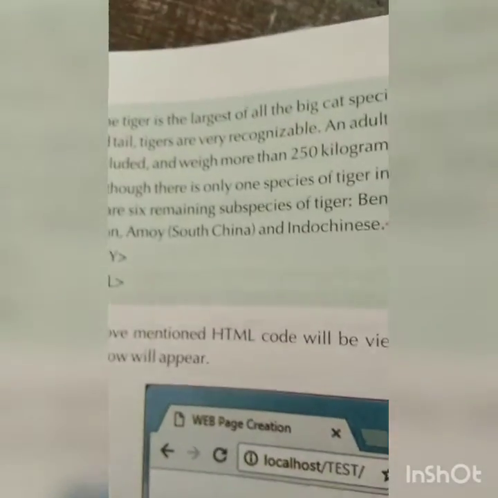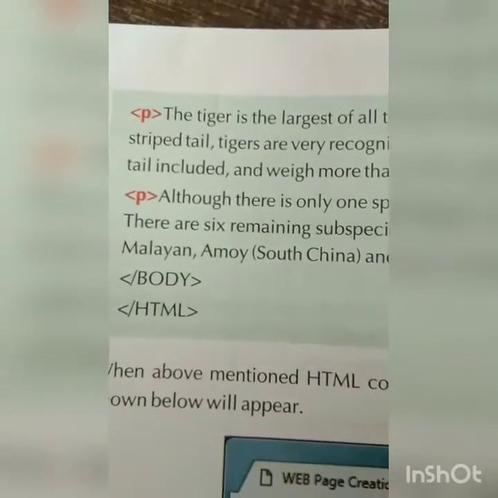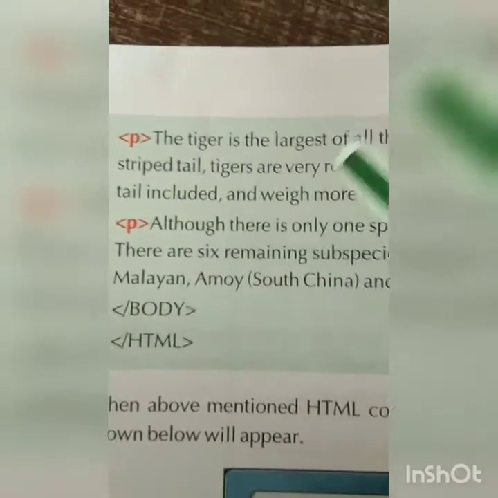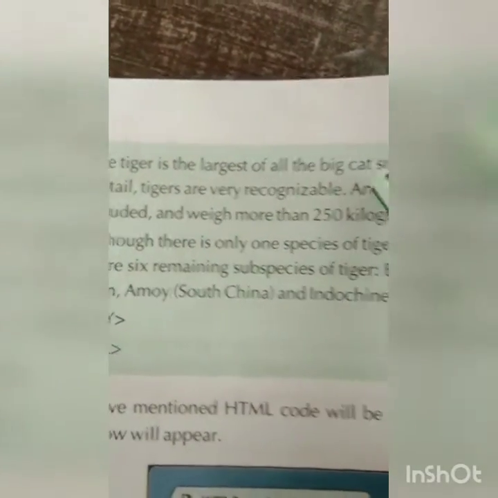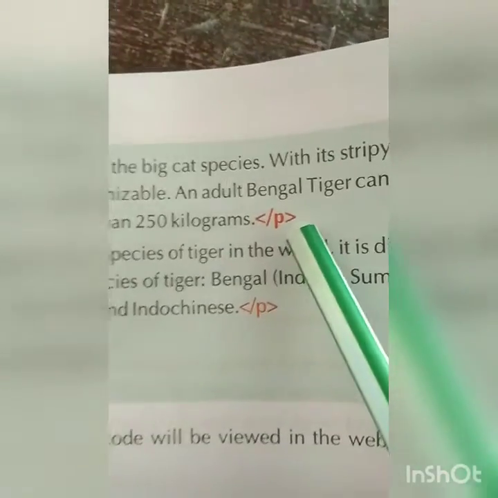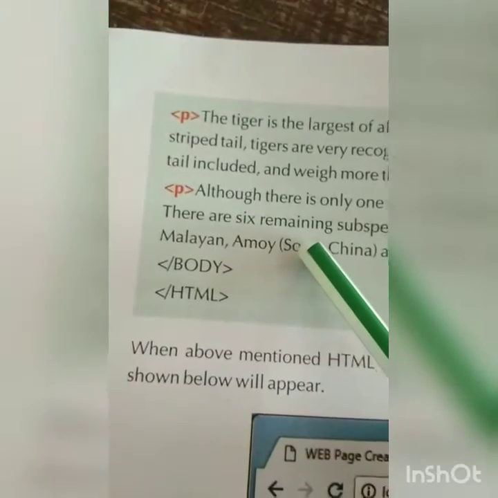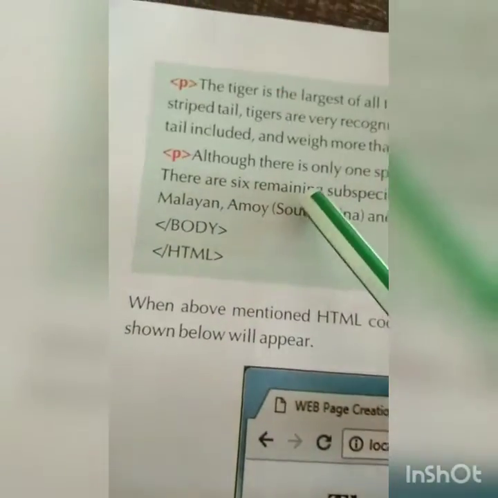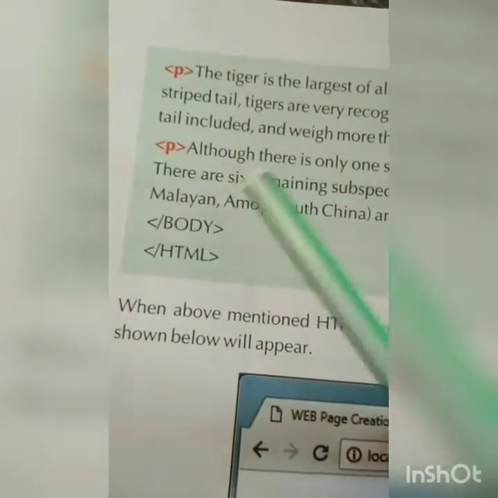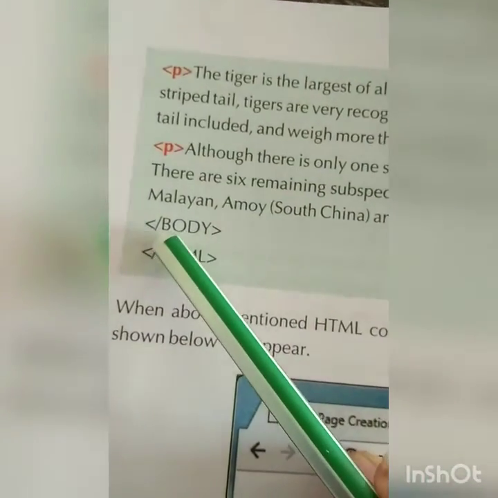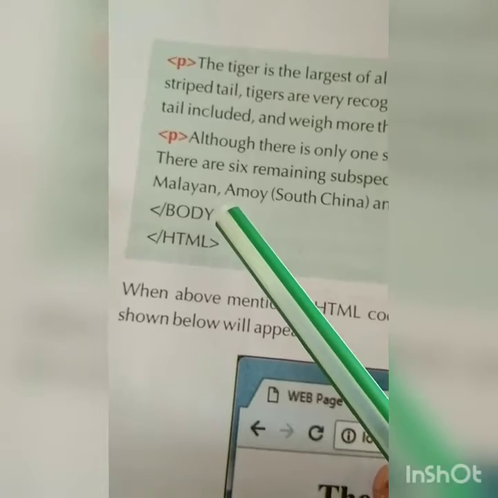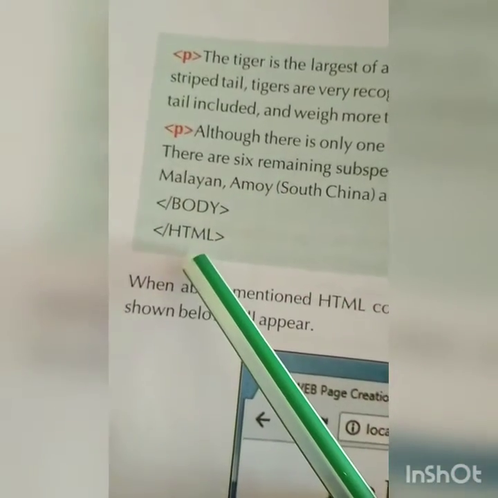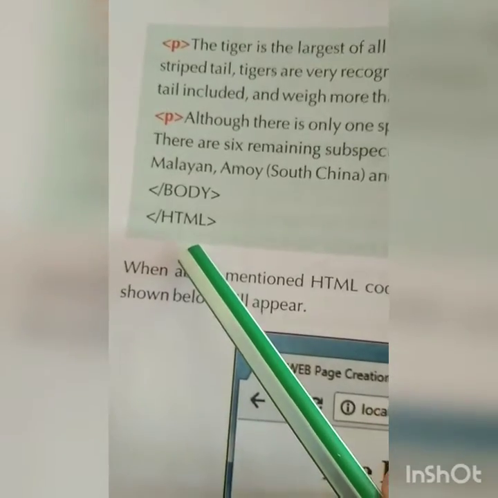Heading, now we are writing the document in paragraphs, and that also two paragraphs. So this is the first paragraph, okay, whatever description you want to write, first paragraph over, then the second paragraph, and whatever text you want to enter, that is over. So here you are giving slash body, okay, means the middle part of your document is over, and here slash HTML means your overall document is now over, okay.